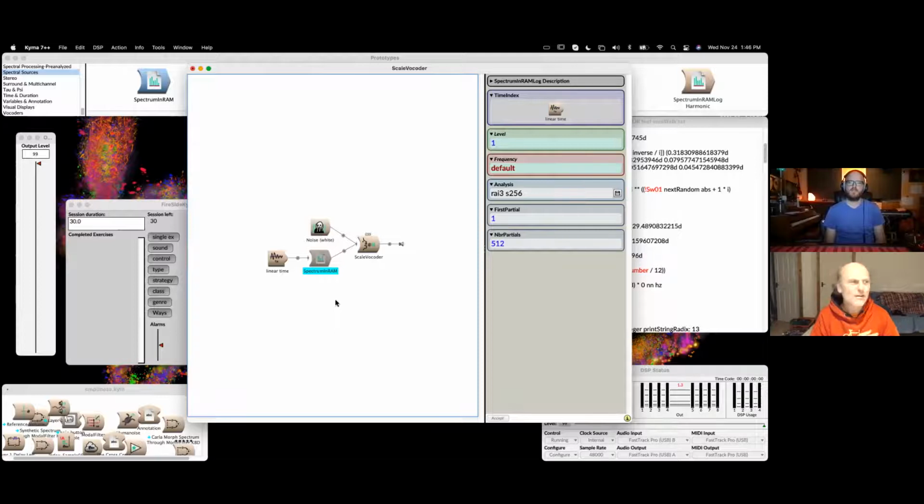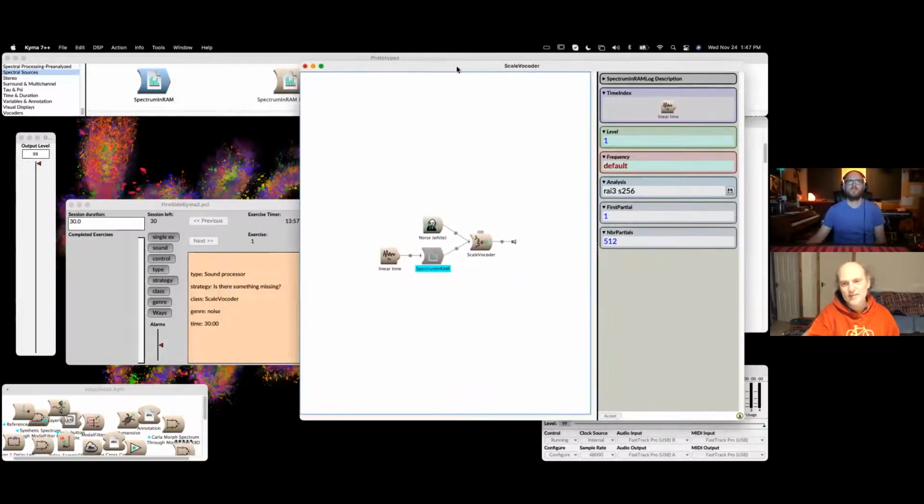Not 512 hertz, 512 samples, which at 48 is going to be about 100 hertz or something, which is fairly low, but still audible. But you could make another one of those with a different number of partials, and that would create like a harmonic. I see. So